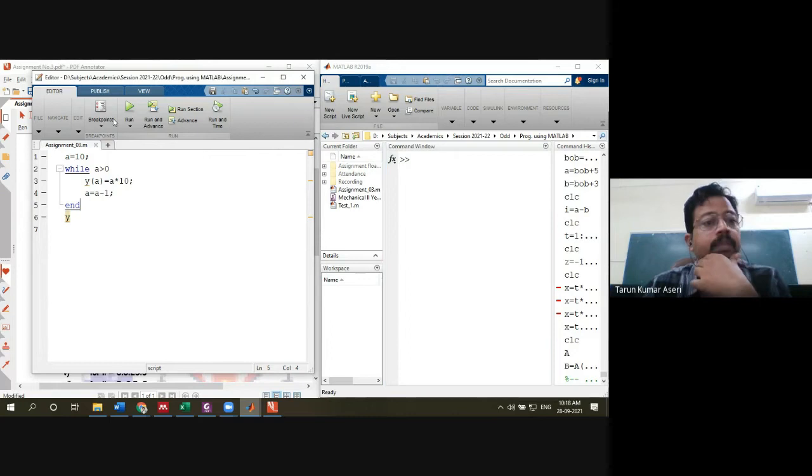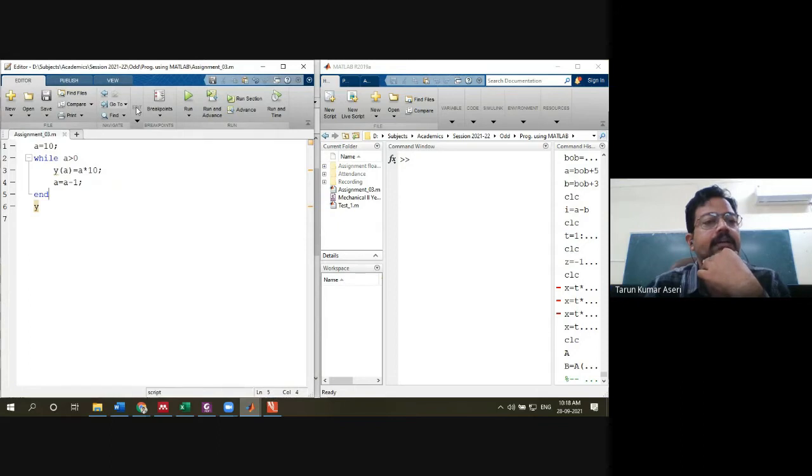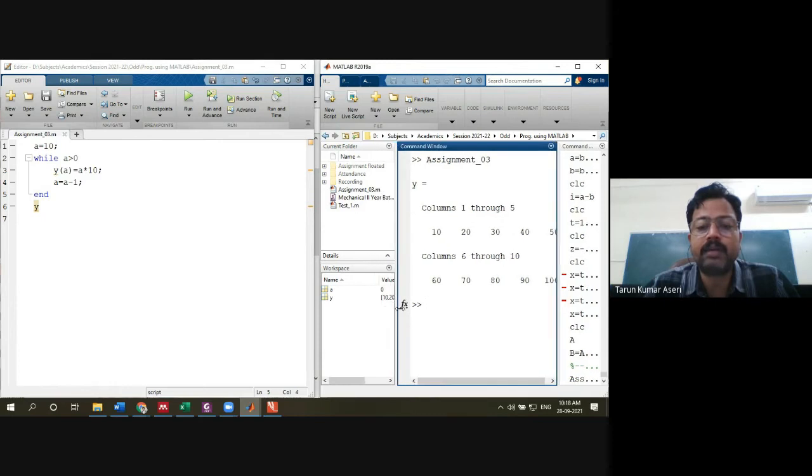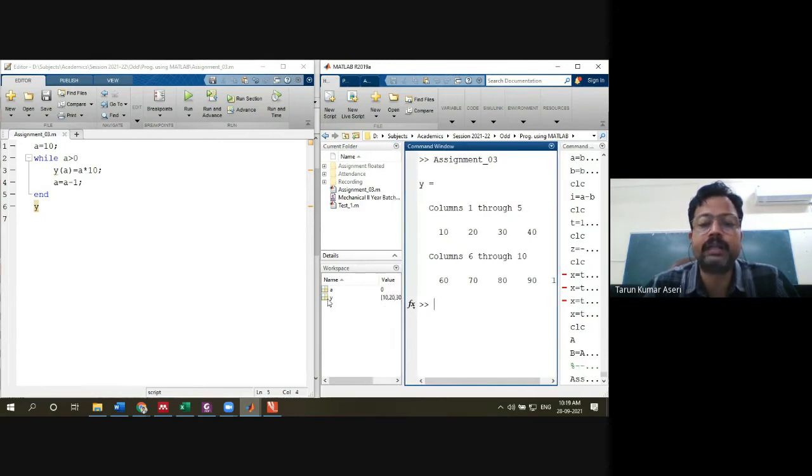Now you have to press Run, the run symbol written here, and you can also use F5. When you run this script, a small manuscript, the answer will appear in the command window. The value of a and the value of y are stored, with y as an array.